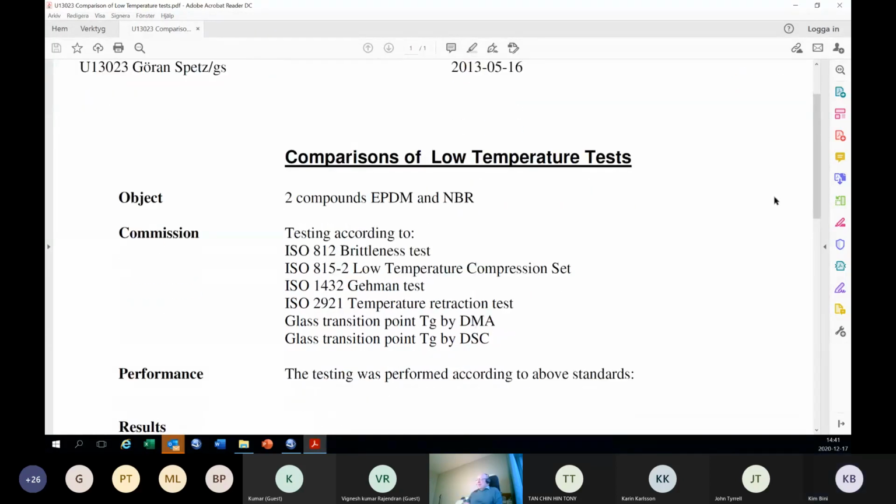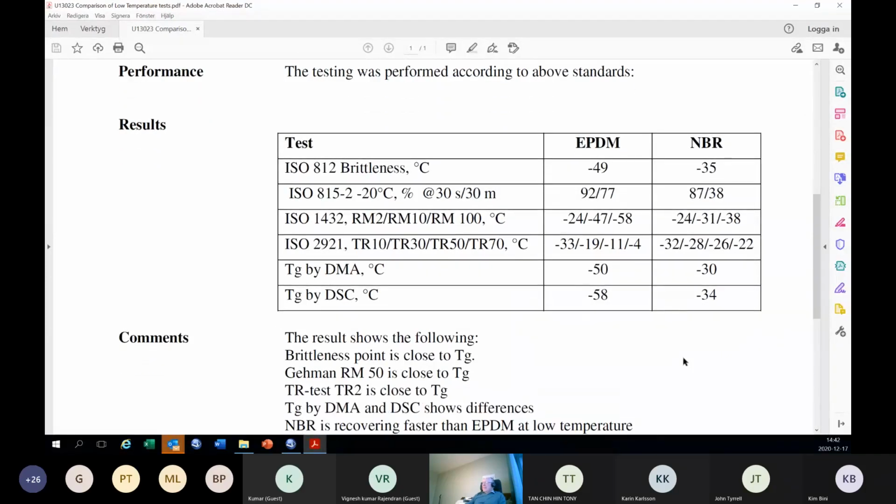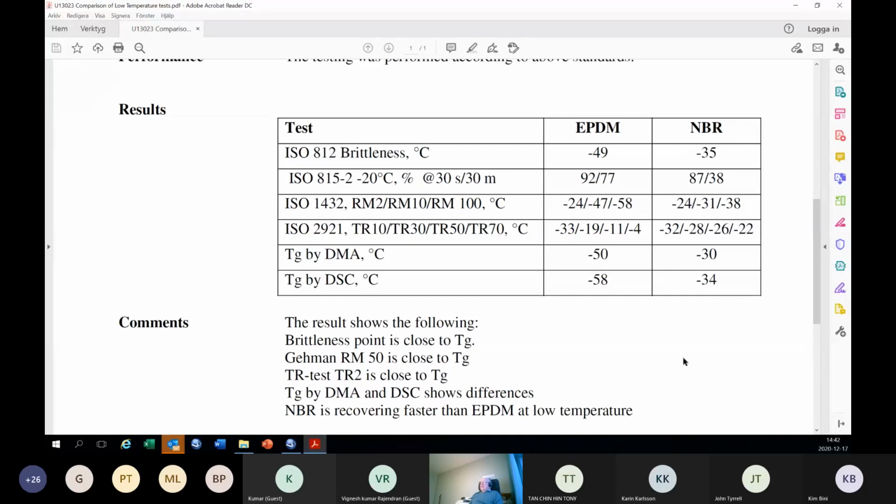Very good. We had 2 compounds, EPDM and nitrile rubber. We tested Brittleness. I forgot that. Low temperature compression set, Gehman, TR, Tg by DMA, Tg by DSC. And we have a little table here. It's possible to read. We have Brittleness. It seemed to be close to the Tg measured by DMA. By DSC, it was a little more different. Well, it depends on the polymer as well. So we know that Brittleness is quite close to the glass transition point. The compression set at low temperature, I don't know that we can correlate that at all, by the way. But if we look at the Gehman test, ISO 1432, then the 50